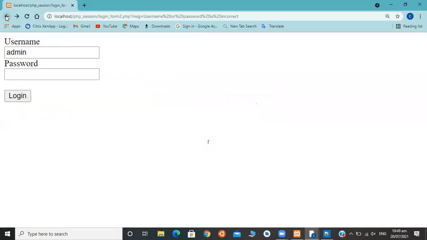If we go back here, we can enter any wrong credentials. I have entered something else than admin @123 and login. So we are getting the login form 2.php message, username or password is incorrect.